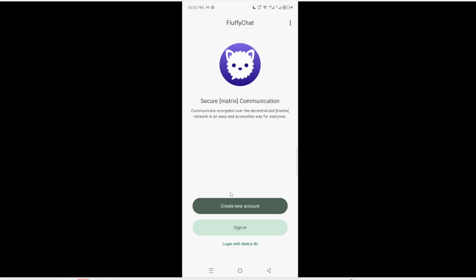Remember, if you encounter any issues during the download, checking your internet connection or restarting the Google Play Store can help. And that wraps up the process of downloading the Fluffy Chat app on your Android device. Following these steps ensures you can easily access this fantastic chatting tool. Enjoy your conversations, and remember to explore all the app features to make the most out of your experience.